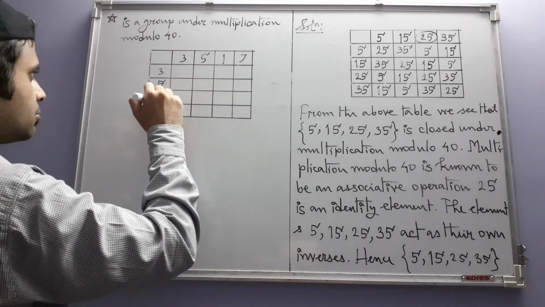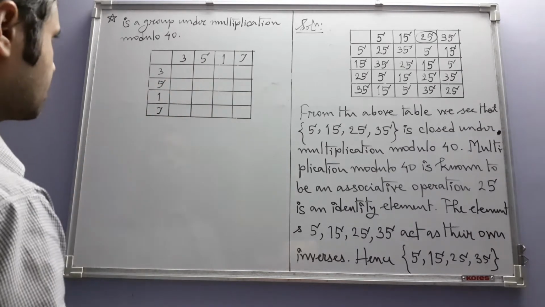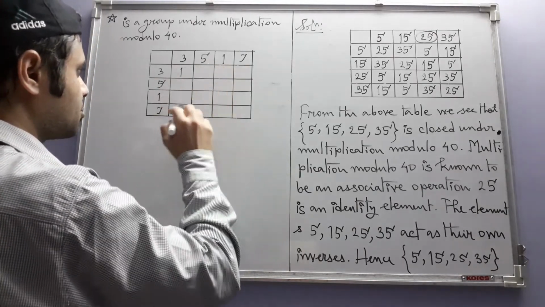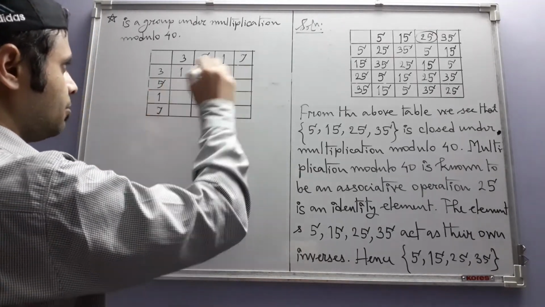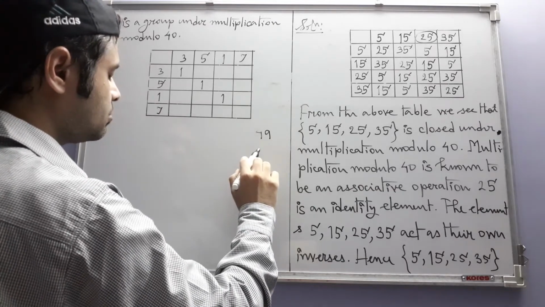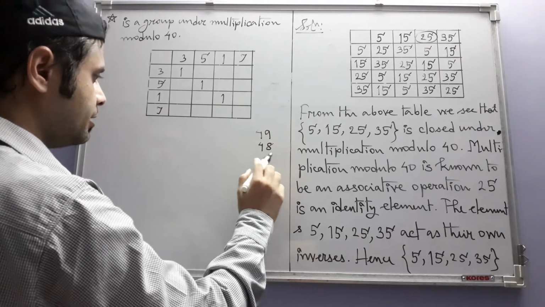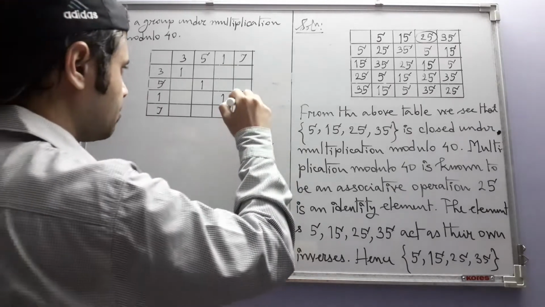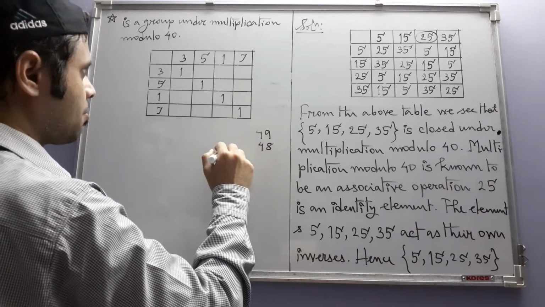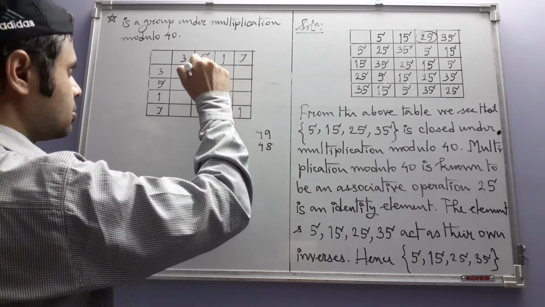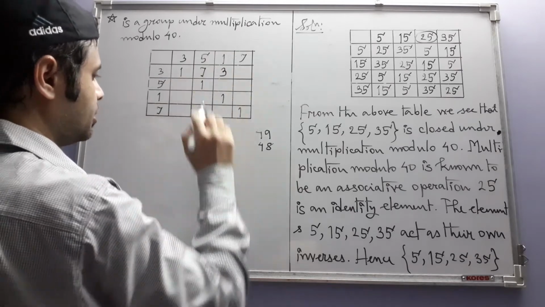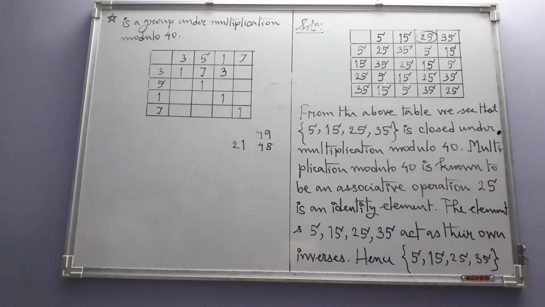3, 5, 1, 7. So 3 times 3 is 9, 9 mod 8 is 1, 5 times 5 is 25, so this is also 1. 1 times 1 of course is 1, 7 times 7 is 49, 6 times 8 is 48, so this is also 1. 3 times 5 is 15, 8 plus 7 is 15, so that means this is 7. 3 times 1 is 3, 3 times 7 is 21. In fact, let me just,